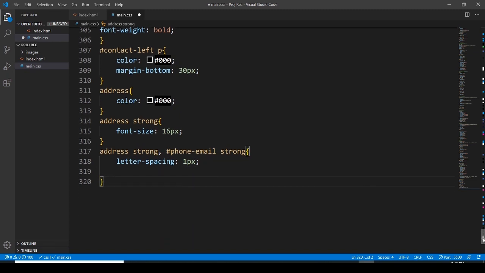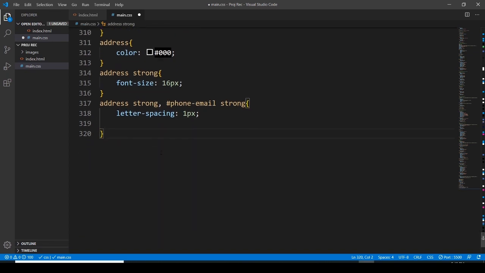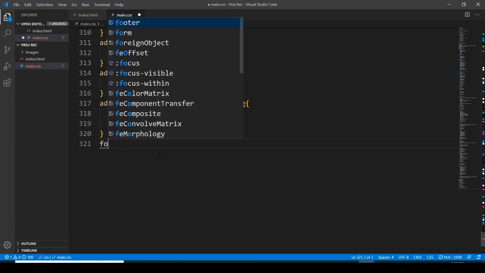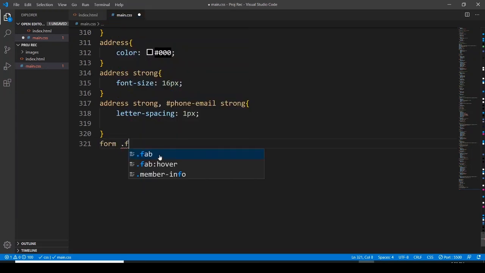Let me bring it here. Letter spacing 1 pixel, and then border. Border color. Sorry, not border color, the font. I have to use the font, and then font control,